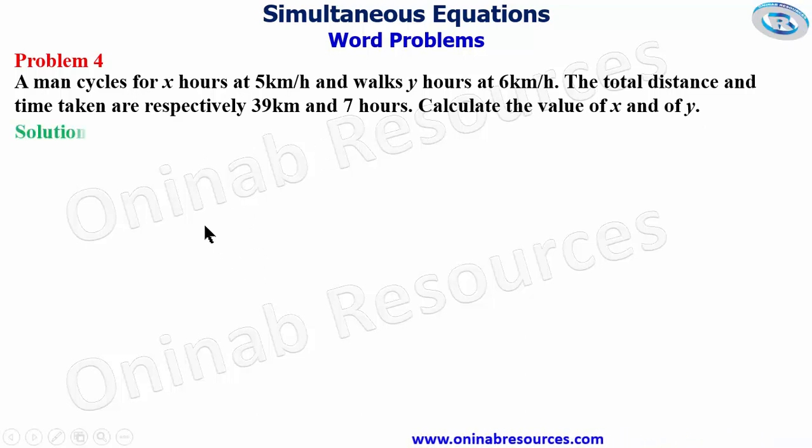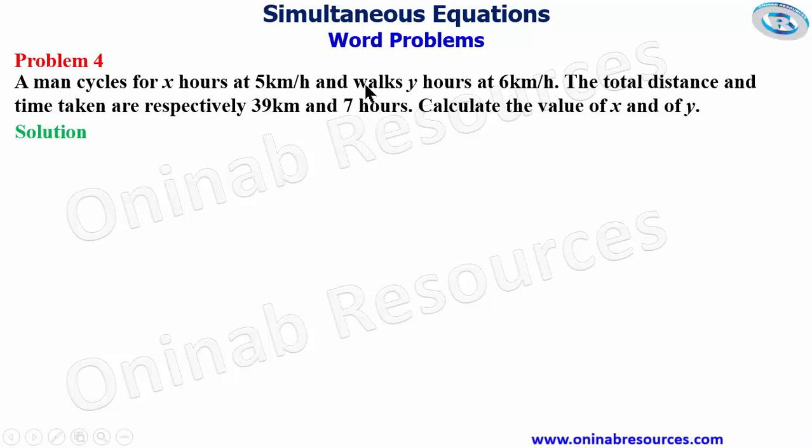So in our solution, we have the information required to form both equations mixed up in the first and second sentences. So first, he spends x hours cycling and y hours walking, and the total time taken is 7 hours,